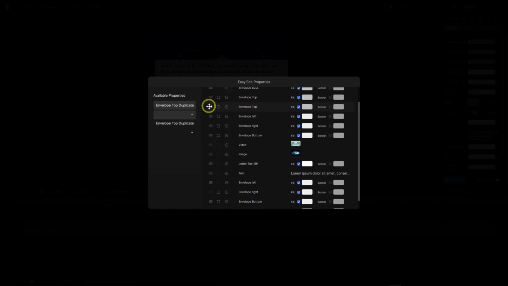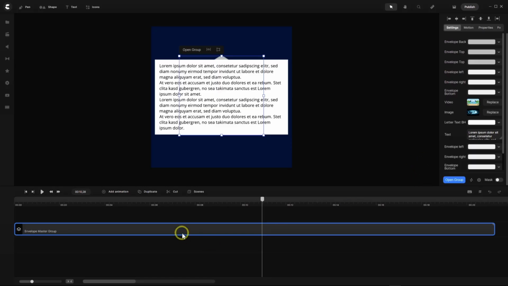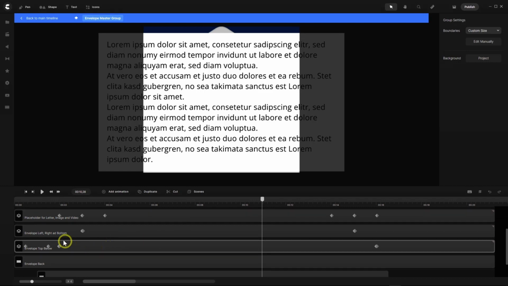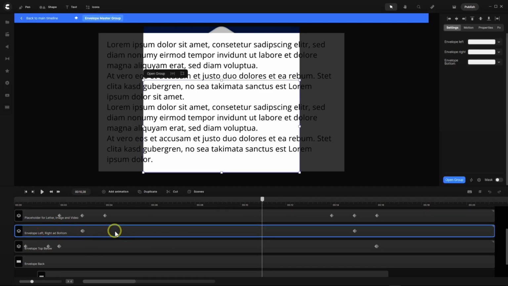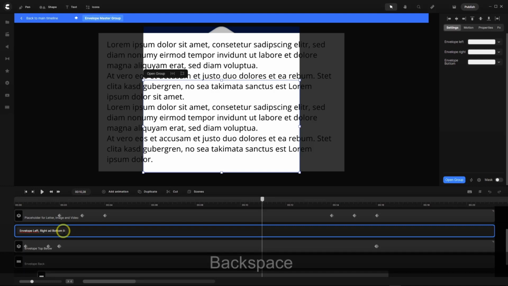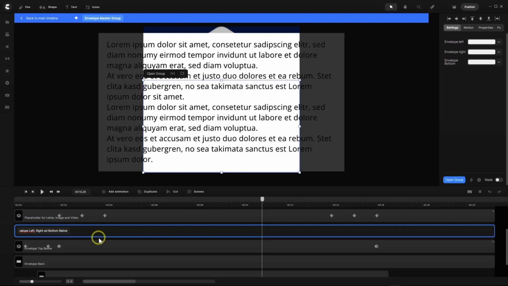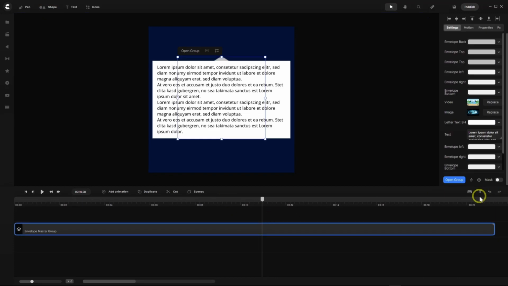Let's bring this up here. I forgot something. Let's go out. I want to rename this envelope top below. This one here, envelope left, right, and bottom. Let's rename this also to below. Which makes it a little easier than below. Okay. Let's go back to the main timeline. Let's go back in the